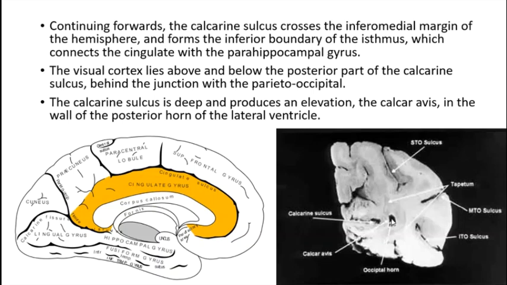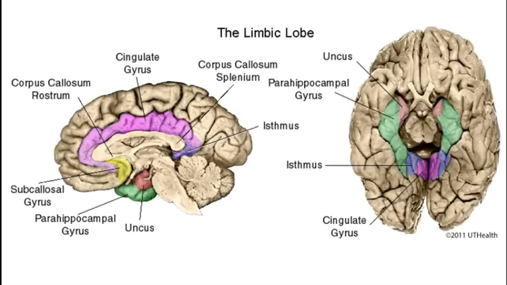This is where it's going to cause an indentation in the occipital horn of the lateral ventricle. So this is a complete sulcus. Gray matter, almost indenting here. So this elevation is called the calcar avis. It is in the wall of the posterior horn of the lateral ventricle. So I have defined this to you above and it will be discussed in great detail later.